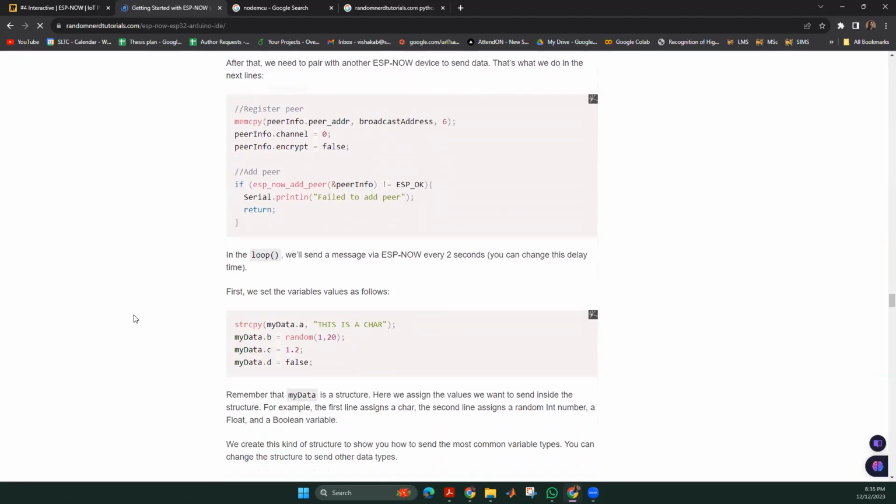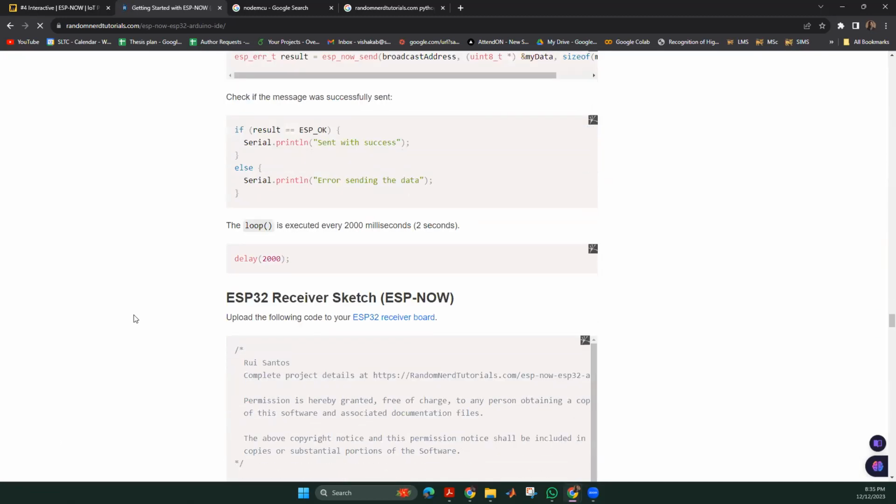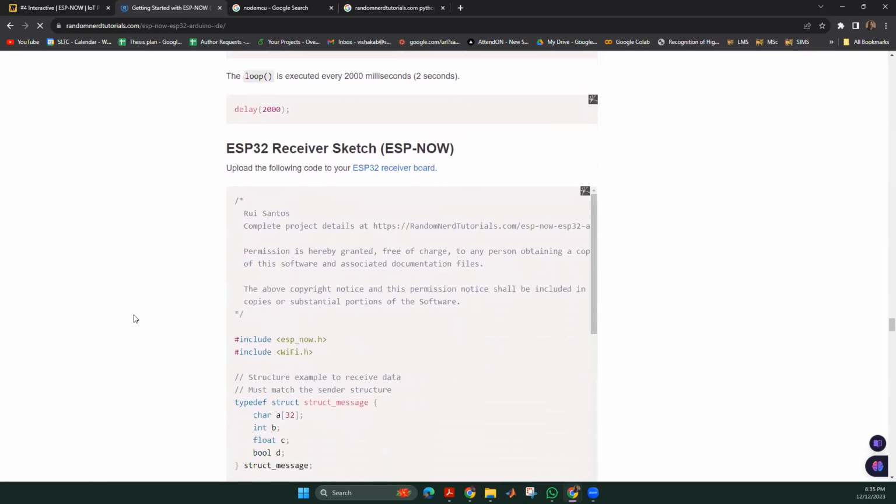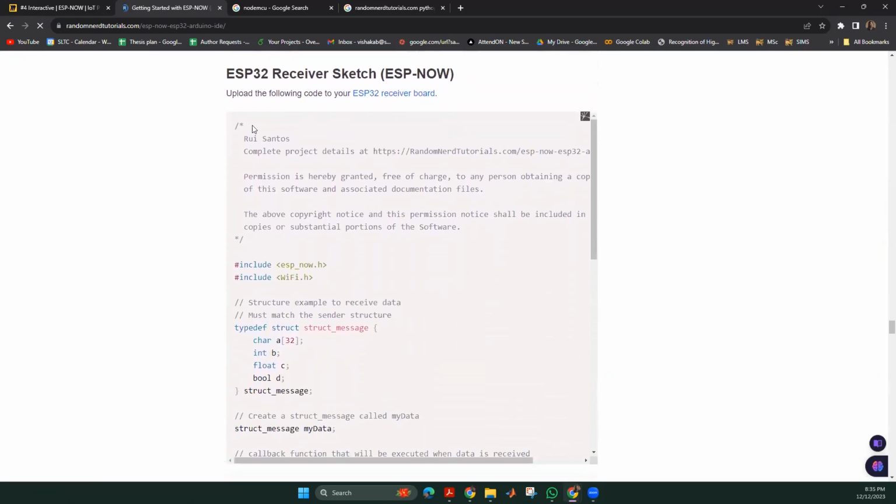For the receiving device also, we have certain code that we can develop inside the microcontroller. So the ESP32 receiver sketch gives us that code.